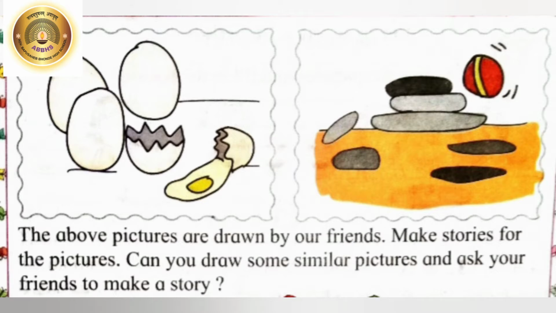Now observe the second picture. Now, what will be your story? Try. Okay. There are 6 tiles kept upon each other. The boy hits the pyramid of the tiles and 3 tiles fell down. Now how many left upon one another? Yes, 3 are left upon one another. I think you must have played this game, right? It's called Lagori. Very nice.